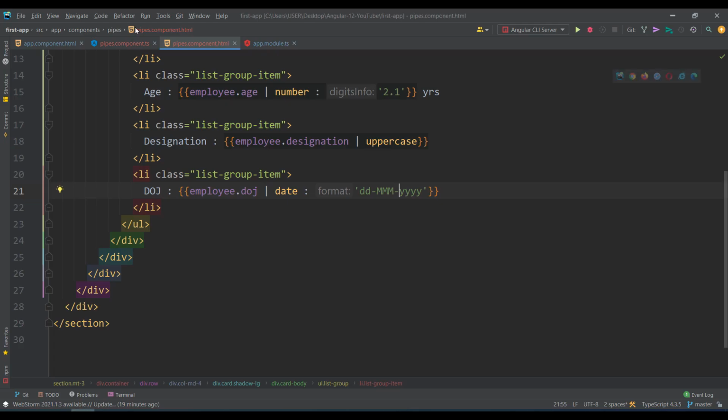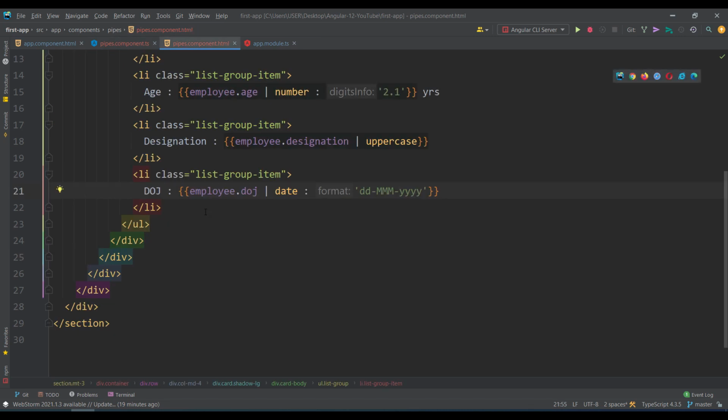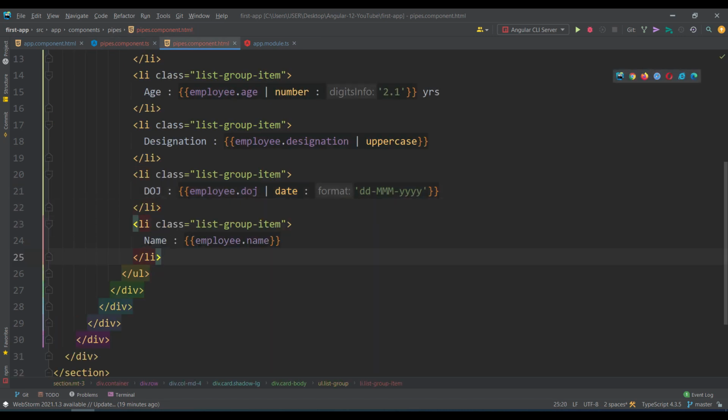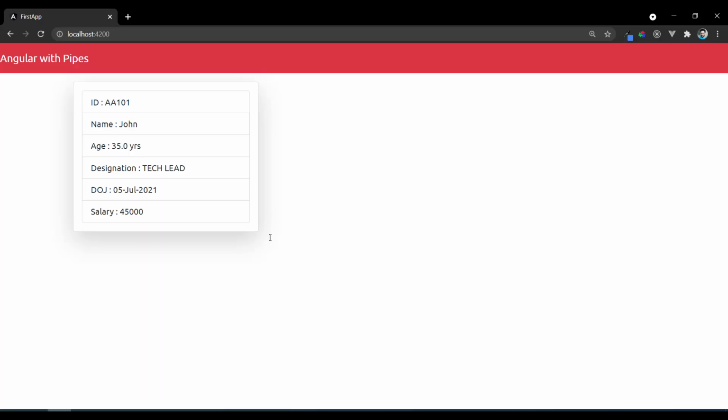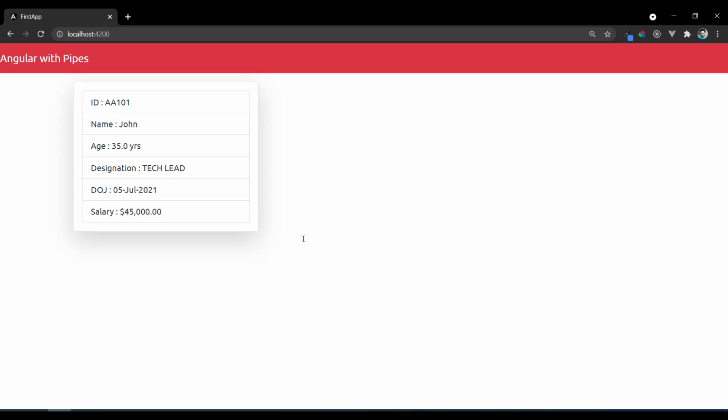And next one, we have salary. So for salary, if you just print it as it is, you just get a number, but I have to specify it in a currency format. So you will write a pipe, the currency pipe. For that, see, the currency by default is the dollars currency.